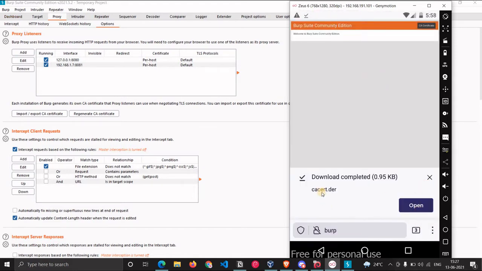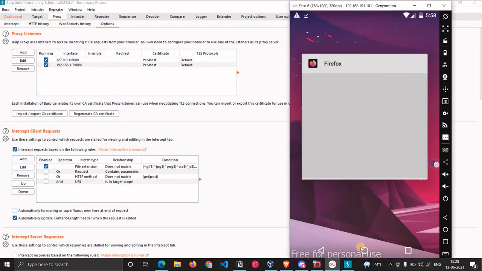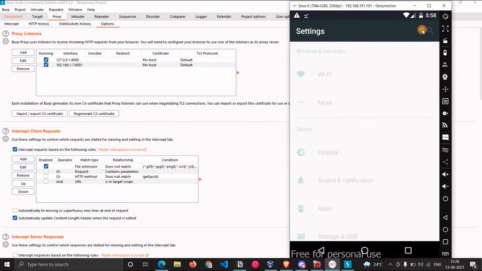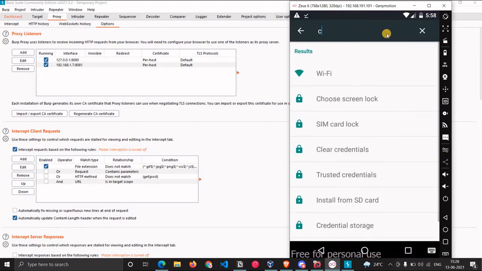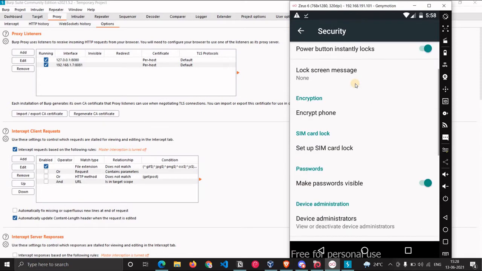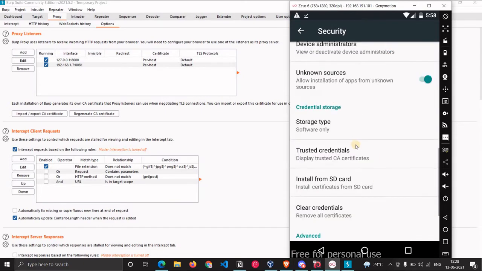Okay, download. So we are saying let's just download that. Now it is in the download folder, so let's go there, or we can just install it from the settings itself. Just type certificate, install from SD card.